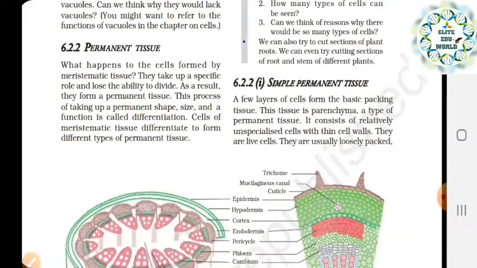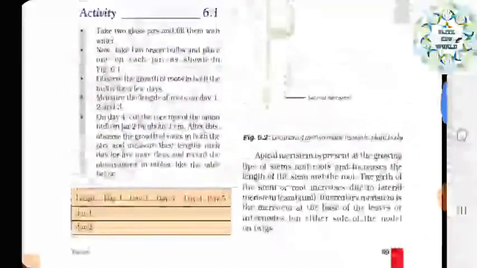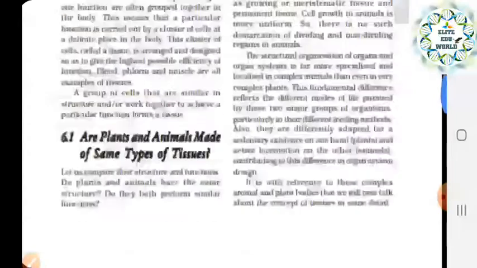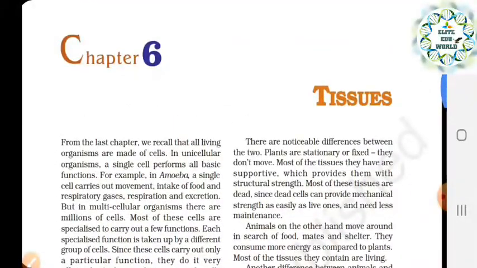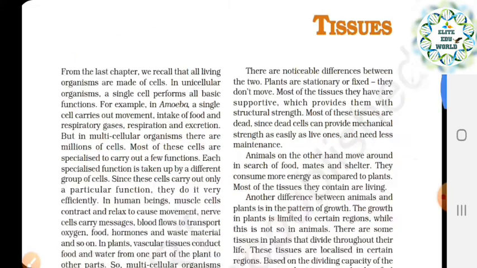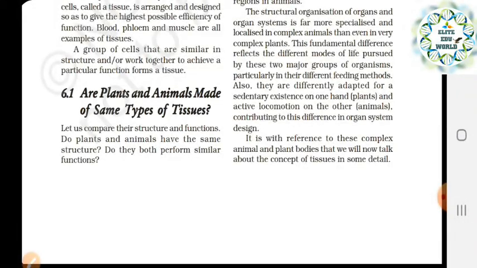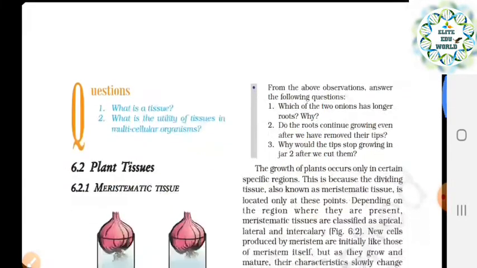What we have studied already: we started this chapter and saw what is meant by tissue. We took enough introduction about what a tissue is, and we have reached several points. We have already seen the definition of tissue. Then we saw the differences between the plant cell and animal cell in our previous lectures.